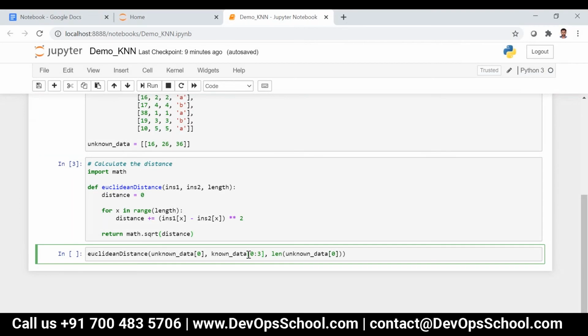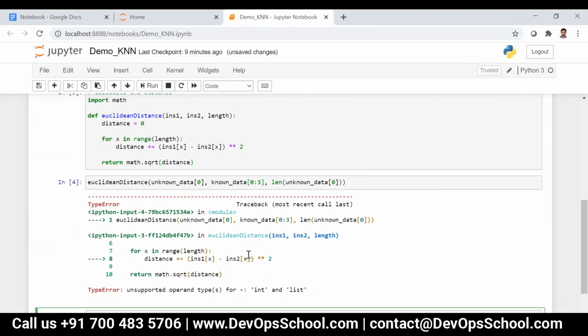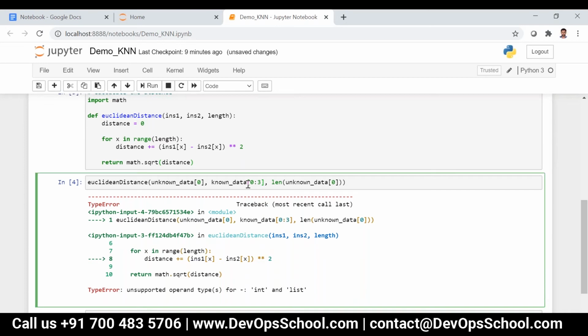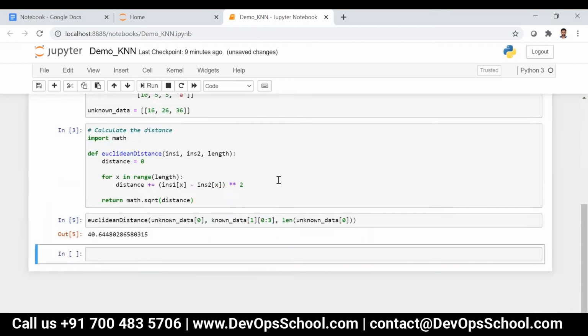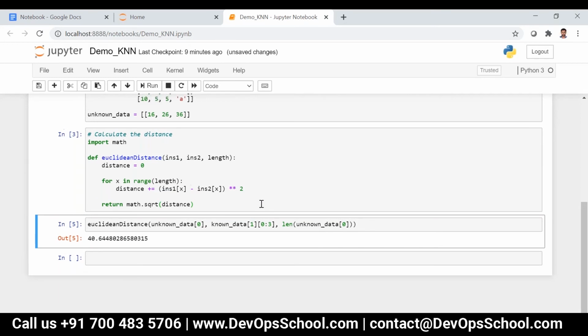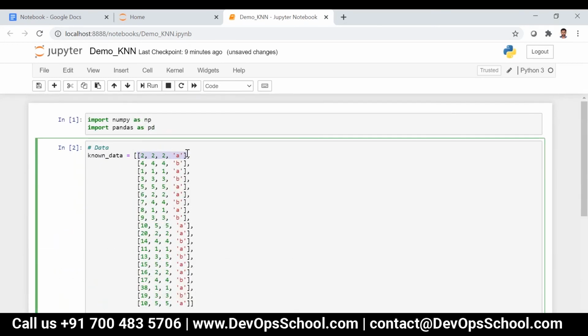If I just run this, you can see what error I'm getting. Oh, okay, I have to give it like this, my input is wrong. Now you can see the distance is 40. I have to use 0:3 because I want to send only 3 values.